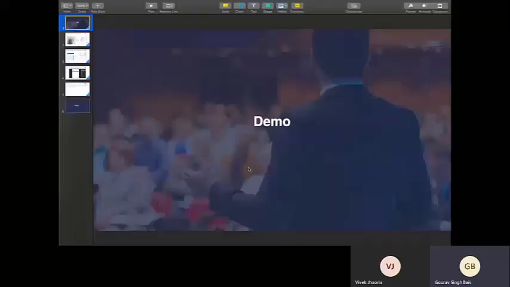Hi everyone, I'm Gaurav Singh Base, Data Analyst at Value Momentum Software Services Limited, and I'll be presenting the demo part of the Azure Form Recognizer service. As per the introduction given, Azure Form Recognizer is an ICR, Intelligent Character Recognition service, which is used for extracting text from documents and particularly receipts.